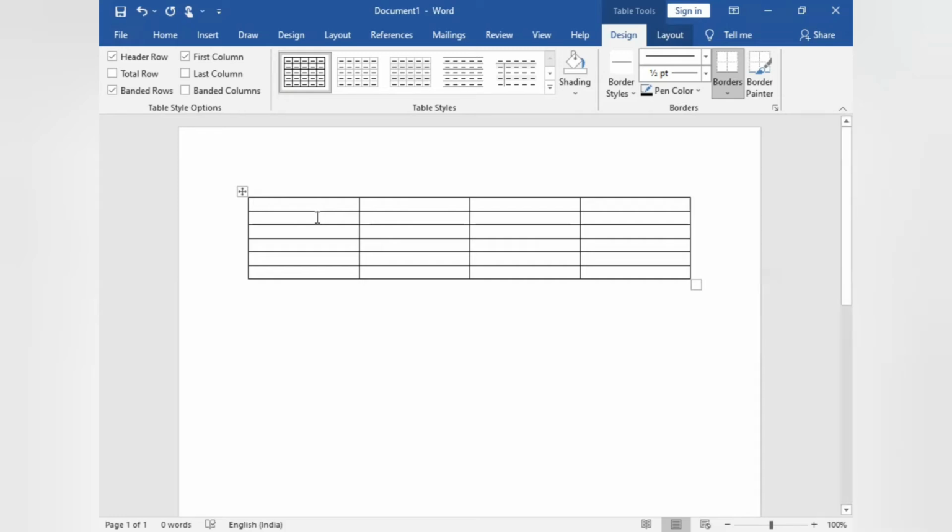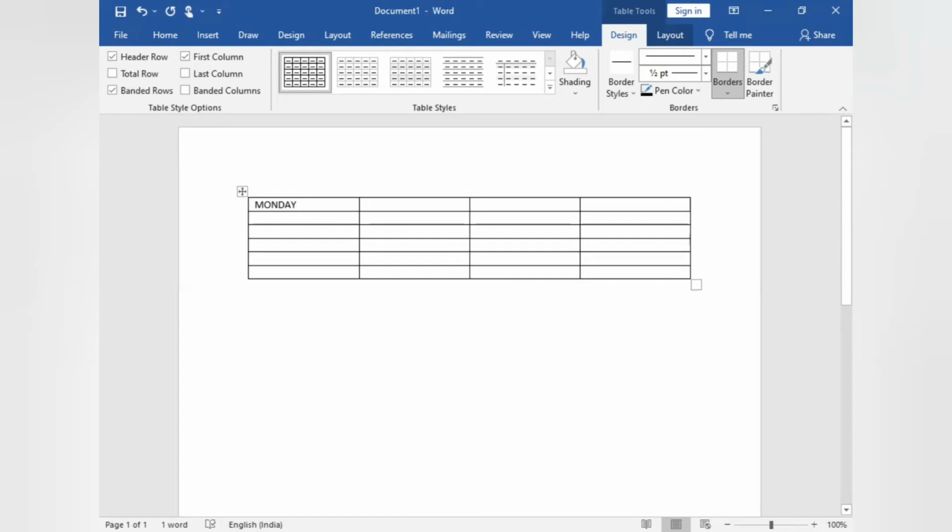First, Monday, you can insert text like this.